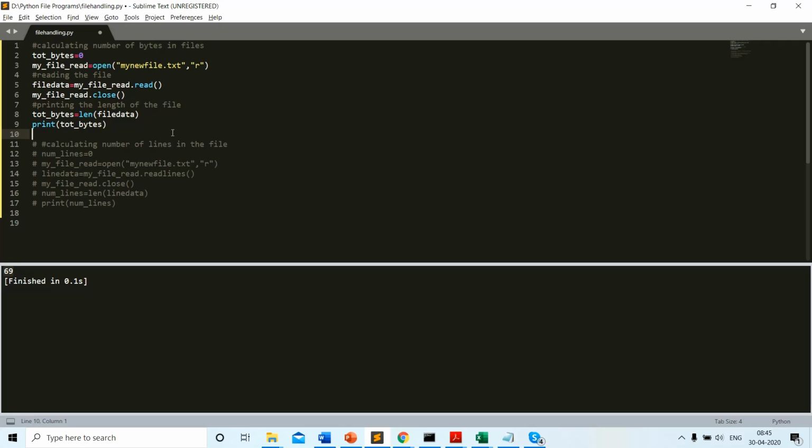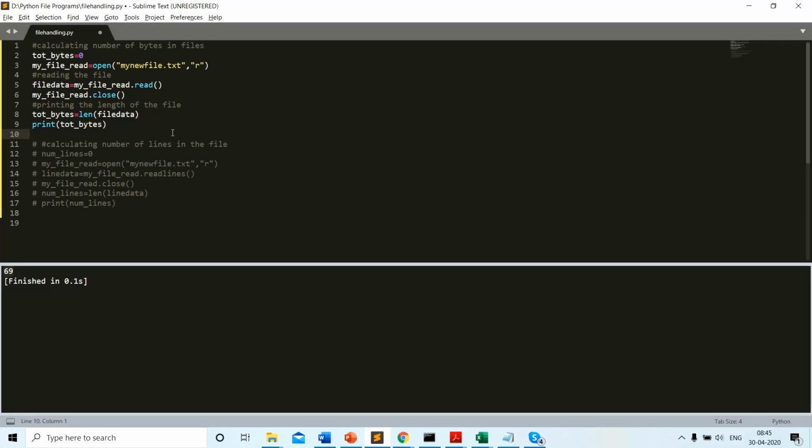This can also be achieved by the readlines function. The readlines function will copy all the lines from your text file into a list variable. You can iterate over the list variable, record each line length, put it into a variable, and update the variable in a loop. That is, the for loop will take care of the updation. So you can do it in any way you want.